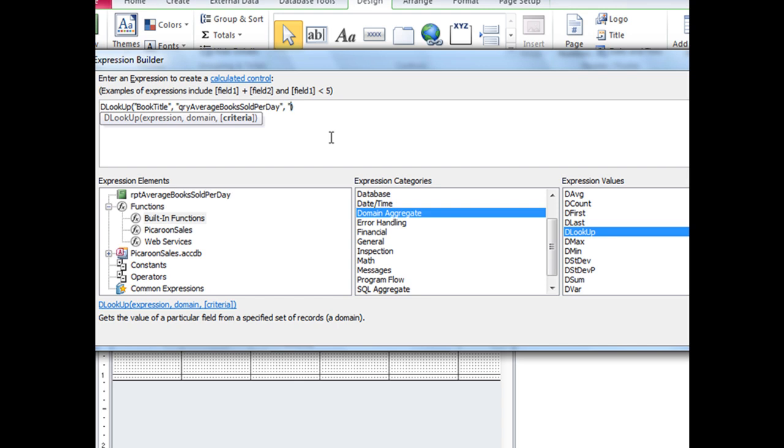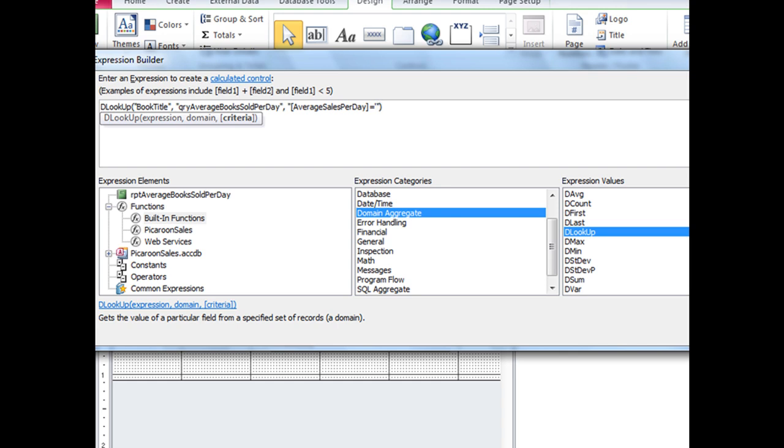So let's write that out in brackets, average sales per day, close bracket, and that's going to be equal to... now we have to split up the criteria. So this is the first part. Let's have a single quote, because we want that as part of the first part of what's evaluated,